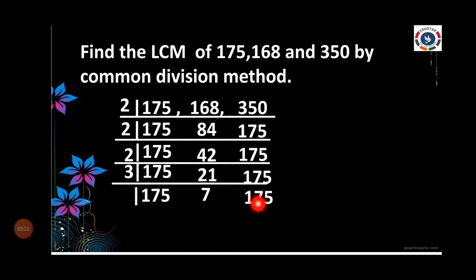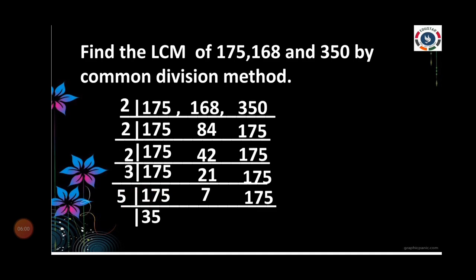What is the next prime number? 5. Okay, so you see here, what is the rule for 5? If the ones place has 0 or 5, it is possible to divide the value by 5. So write 5 outside. In 175, how many 5s are there? First 2 numbers, 17. 5 3s are 15. You separate 15 from 17, you get 2 remainder. That 2 remainder, write before the third number, 25. In 25, how many times of 5s are there? 5. Totally how much? 35.